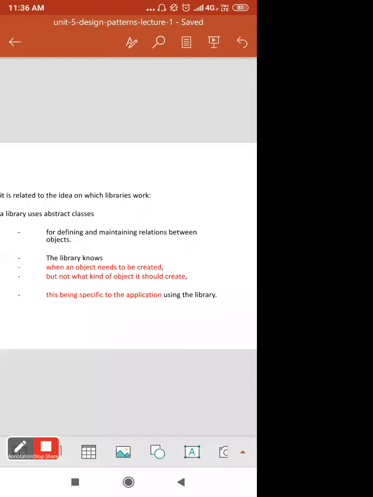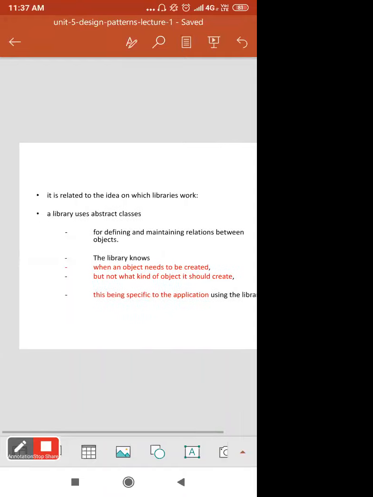For defining and maintaining relations between objects, the library knows when an object needs to be created, but what kind of object it should create, the library doesn't know. Only that an object needs to be created is known, and the kind of object is known by the particular application, this being specific to the application using the libraries.